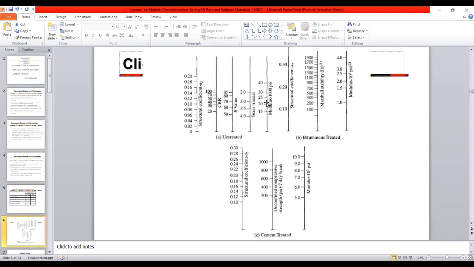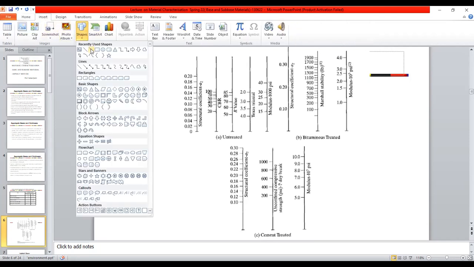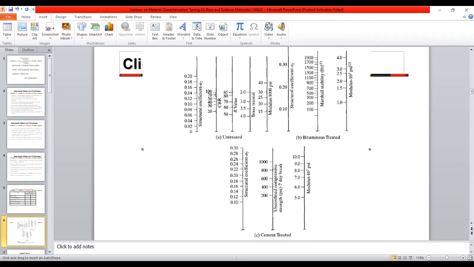For instance, if we use a base CBR of 70, the corresponding resilient modulus value is between 25 and 30. So this is how you can correlate. Just draw a line perpendicular to 70 and you will get the corresponding modulus value.